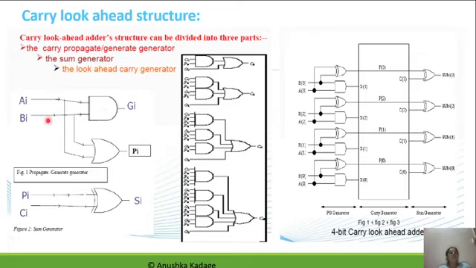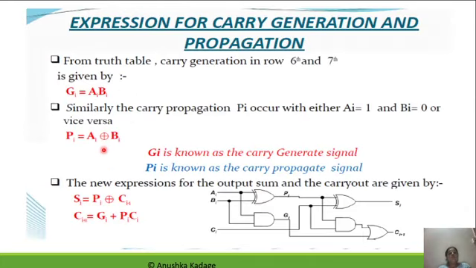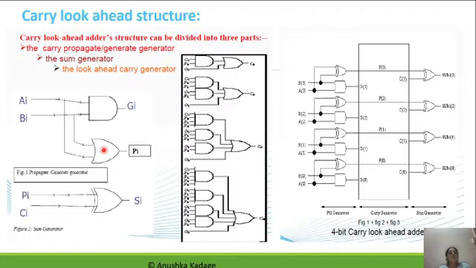So we can see here that when I give the two inputs to be added in parallel, we get a carry generate by ANDing those two bits. For carry propagate, the operation to be done is XORing of A and B. For generation of the sum, we have to XOR the carry propagate and carry generate. In this way,